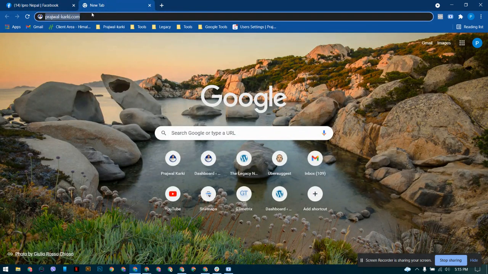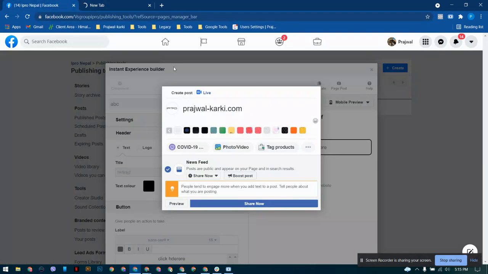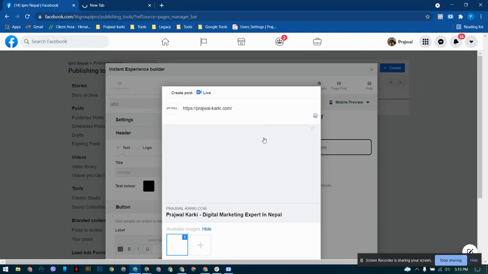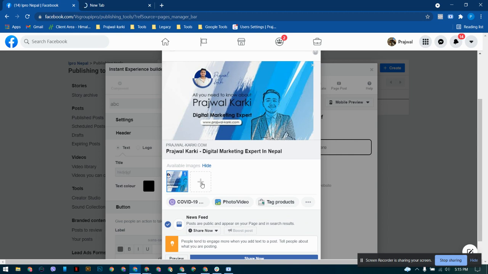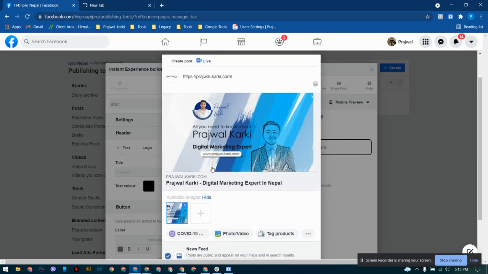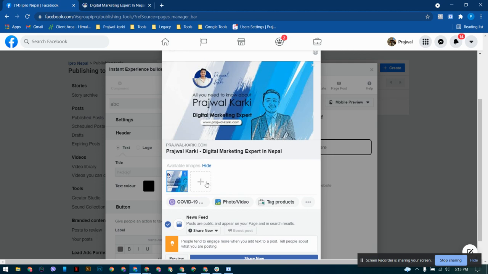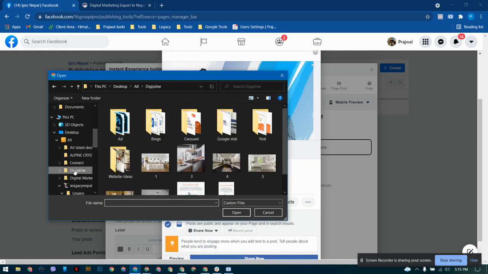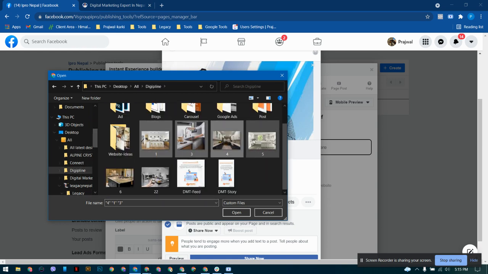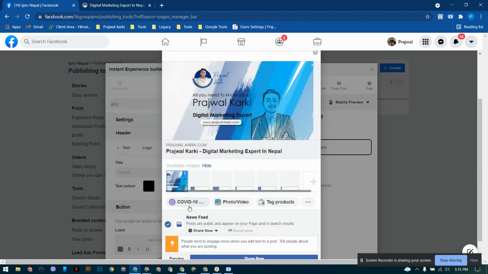Sorry, I didn't copy the whole link. Okay, and finally, the options are there. The carousel option says enabled through this instant experience builder, and all you need to do is just select the images you want. Let me select a few of the images. I guess it can be done up to five at a time,